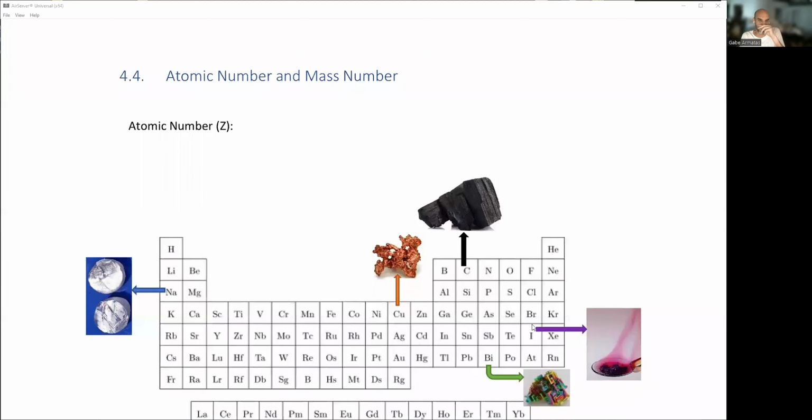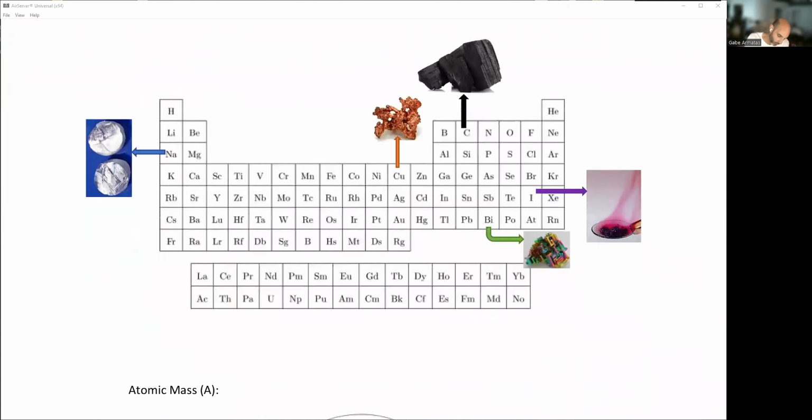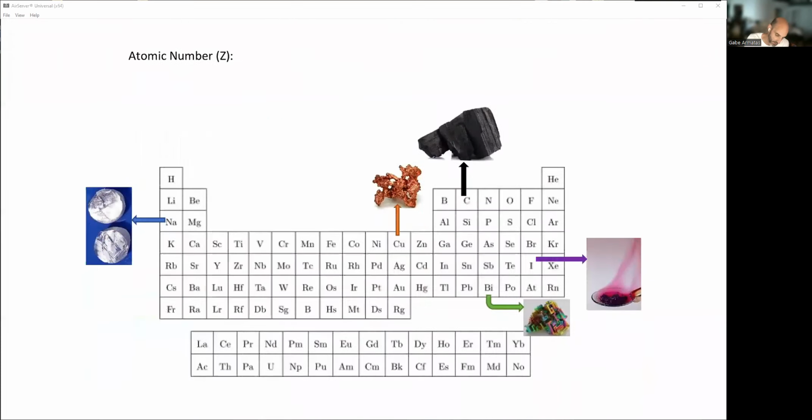Okay, so now that we understand what the atom looks like, the experiments they did, the postulates, and how we got here, what an element is, let's take a look at the idea of atomic number and atomic mass. So before we continue on to all of this,